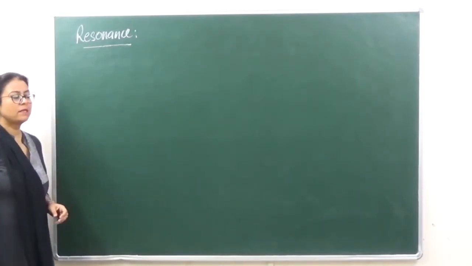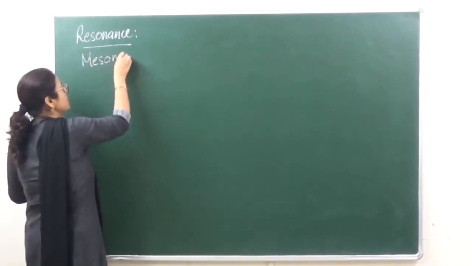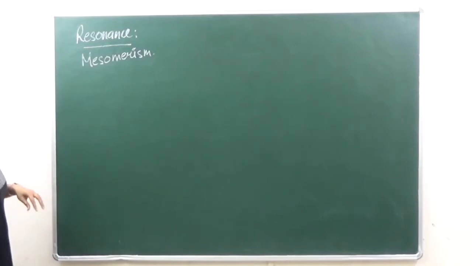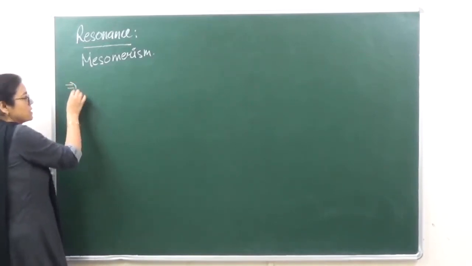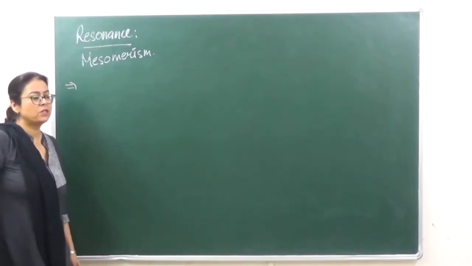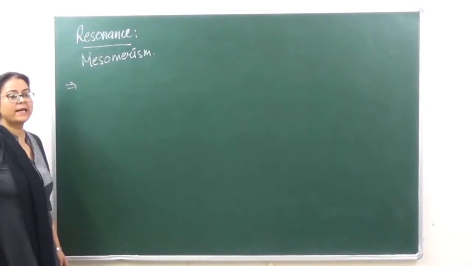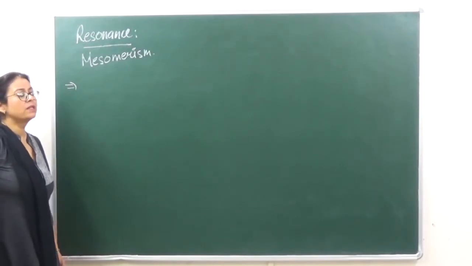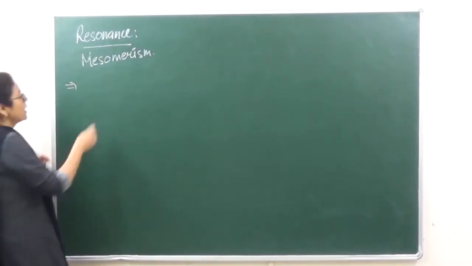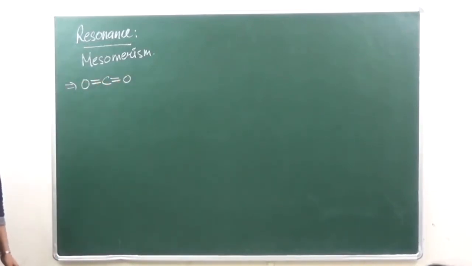What do we understand by the term resonance? This is also known as mesomerism, or it is also known as mesomeric effect. Whenever there is a multiple bonded system present, which means whenever there is a single and a double bond present, or a single and a triple bond present in the same molecule, it is observed that the characteristics of the bond are in between the single and the double bond, right? Just for example, if we are taking into account,